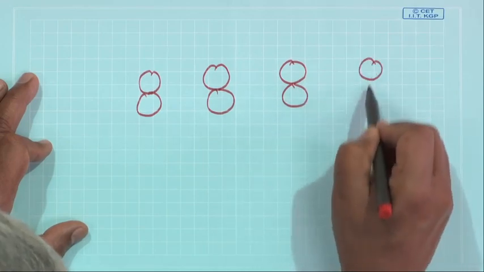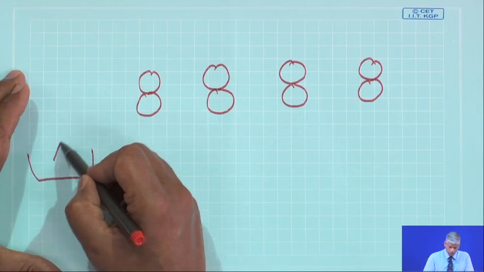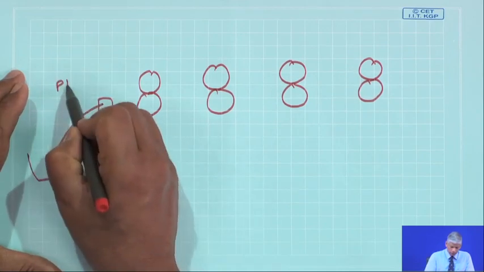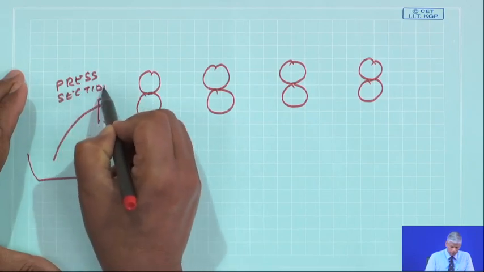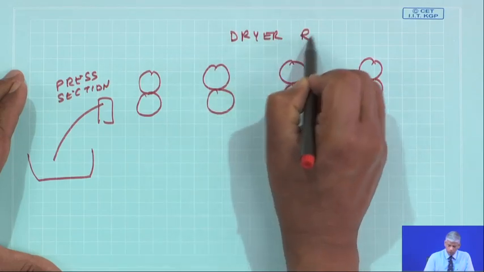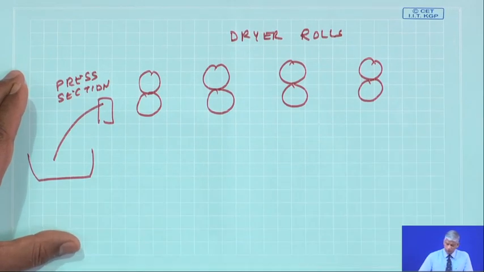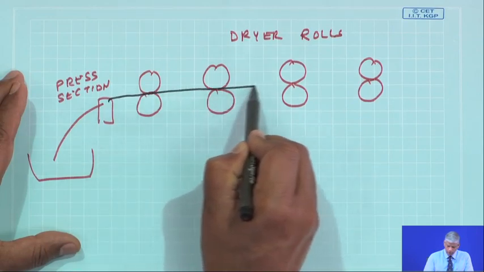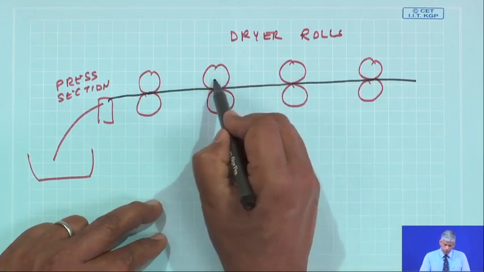This could be 100 such rolls, and there are other processes here, a press section, and these are nothing but the dryer rolls which are steam heated on the inside, and then the paper, which I am drawing as a black line here, goes out. Now, if you think of each of these rolls